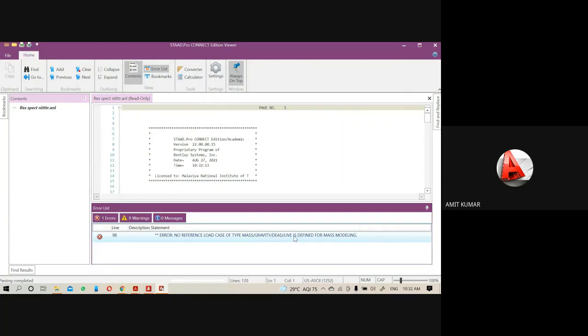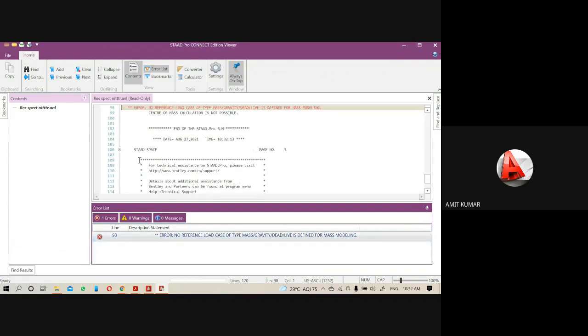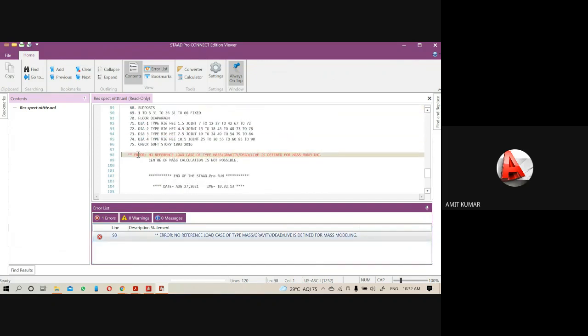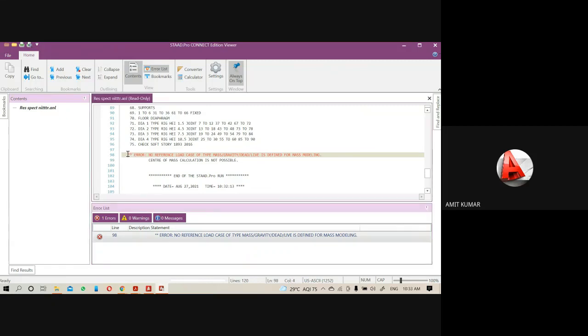Now you can see we already defined the mass, gravity, dead load, live load, everything, but still the software is saying no reference load case of this type is defined. This type of error is very difficult to recognize, to know which wrong step we have done.